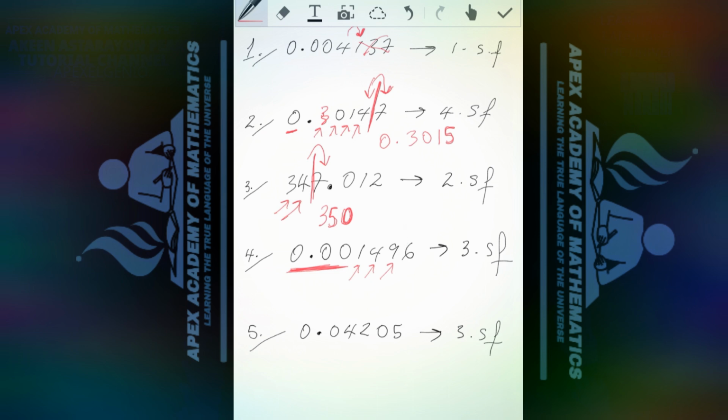So I'll draw my line right after the 9 here, and I'll check the number that comes after, and that number of course again is greater than 5, so I'll add 1 to the 9. But 9 is the largest in our decimal system. So what happens when I add 1 to 9? Do I get 10? Yes, you get 10. However, you cannot rewrite the 9 and write 10. You've simply got to write down the 0 here and bring the 1 from the 10 onto the 4, and you're going to get 5, and then you rewrite your remaining digits right here. So the answer actually turns out to be